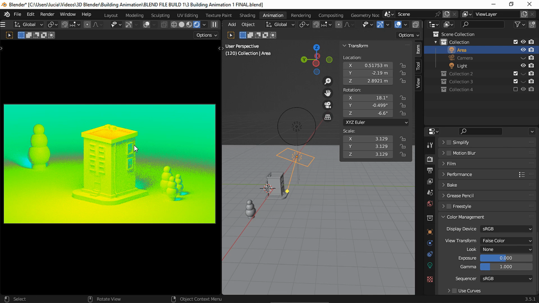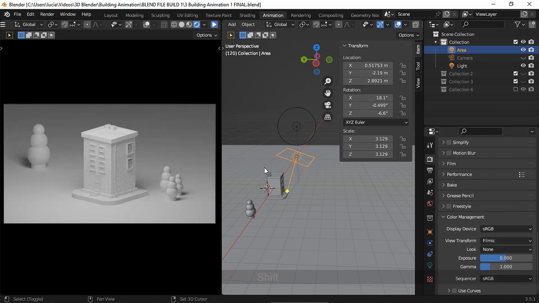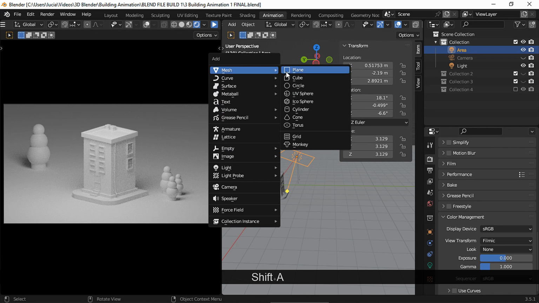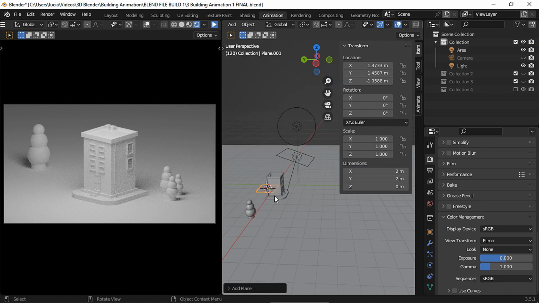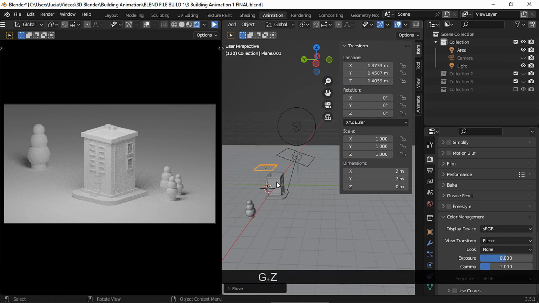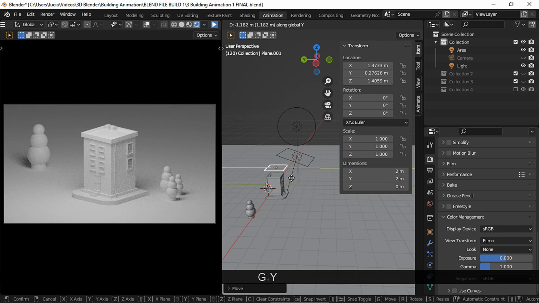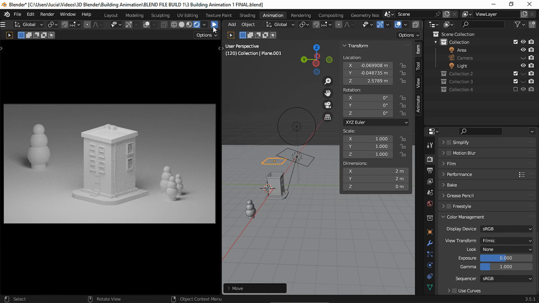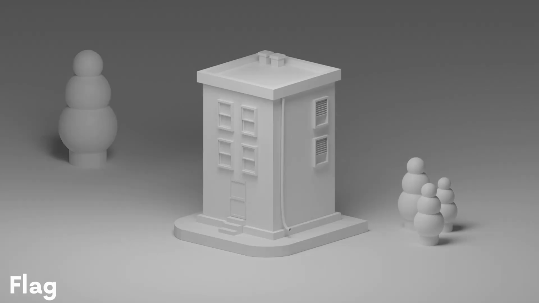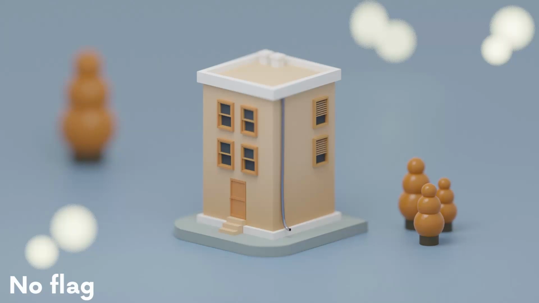Ideally, try not to underexpose or overexpose your image, because if you color correct it later, you won't have any information in those pixels to work with. Now, if you wanted less light to hit the roof, you can add a plane and use it as a flag. A flag is a device that blocks light. If you are using Blender 4, you can use light linking too. And as you can see, now there are parts of the roof that don't receive as much light as before.